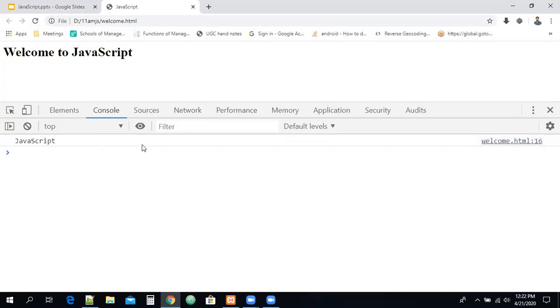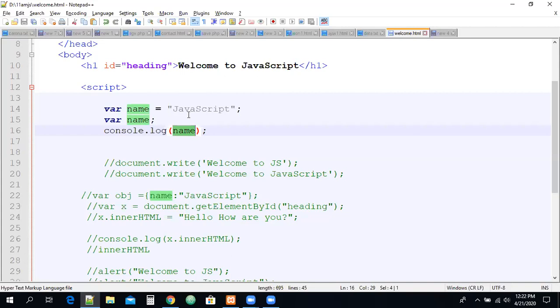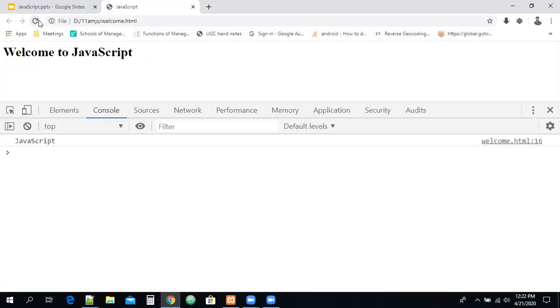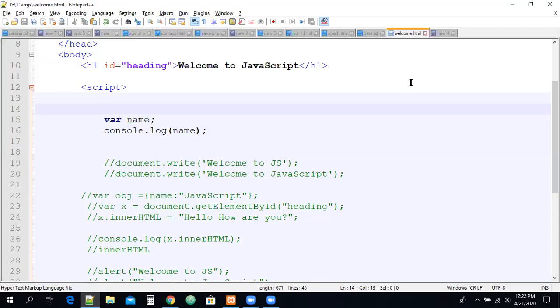Oh, we are getting JavaScript. Yes, guys, I think so. We are getting JavaScript, but here we don't have any value now. I think actually we will get undefined, but let me remove this and check this variable now. You will get undefined now. Is the file saved?